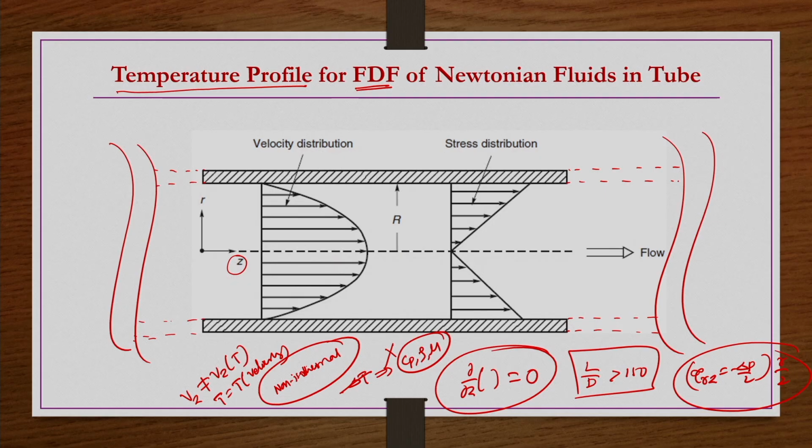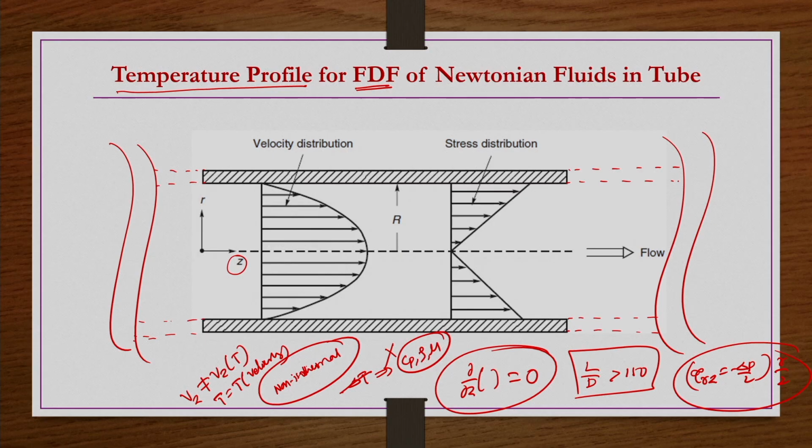Now we are bringing non-isothermality into this problem to find the temperature profile, but only for the fully developed region of the geometry, not for the entire entry to exit, because when we say fully developed flow, entry and exit effects are negligible. Whether it is the velocity distribution we already got or the temperature distribution we are going to get today, it is not valid close to the entry or the exit. It is valid only in between, and L by D has to be very large.